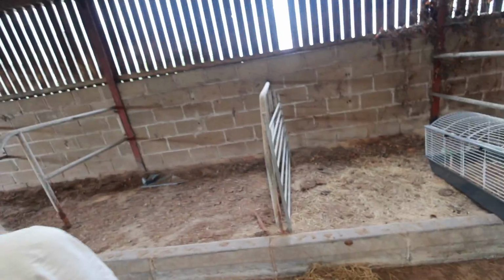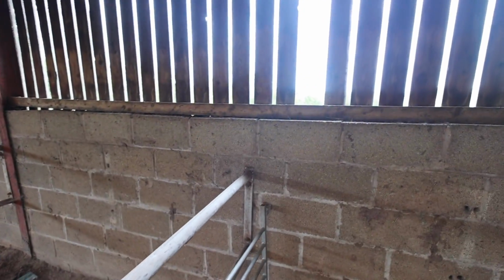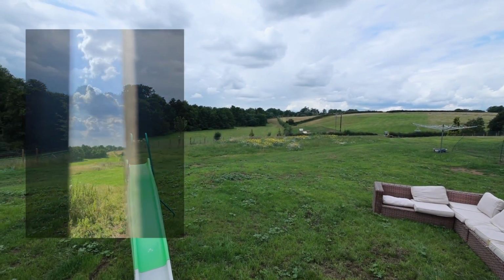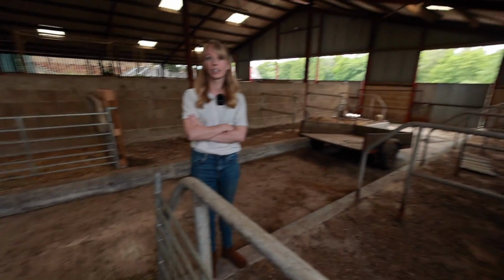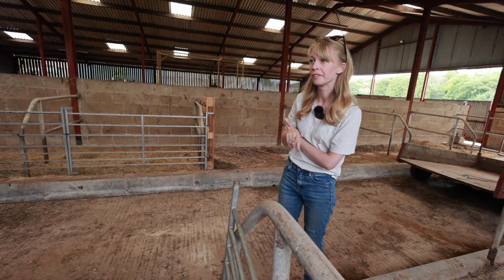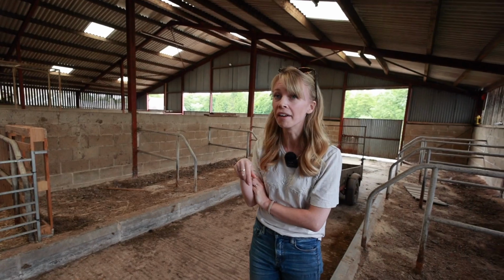Yeah. So obviously, we've got all the smaller buildings, but they just don't have a view. So on the day we came to view the farm, this is kind of where we pressed our face up against the kids' slider and looked out. And obviously, that is what sold it for us. Well, that's what made us think that this is the barn we've got to convert. Yeah. Because we want that view every day, rather than round the back, where you just see this barn, if even